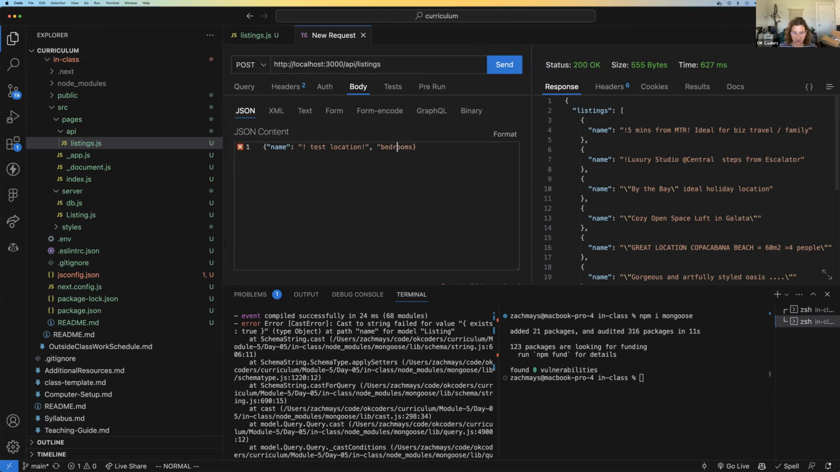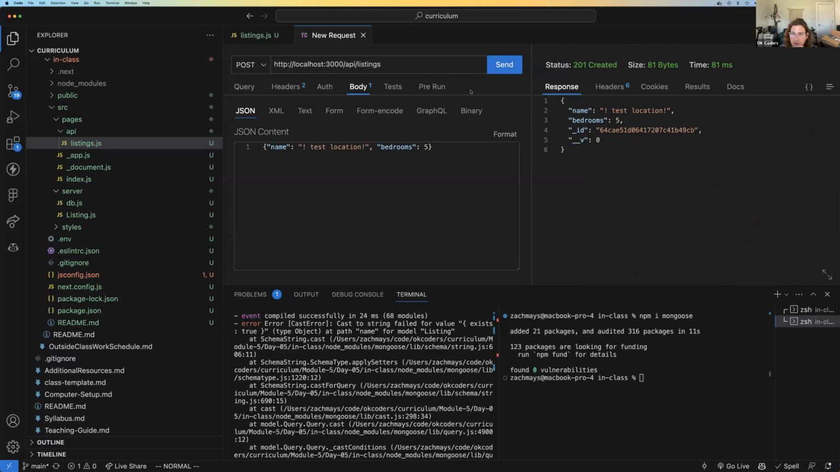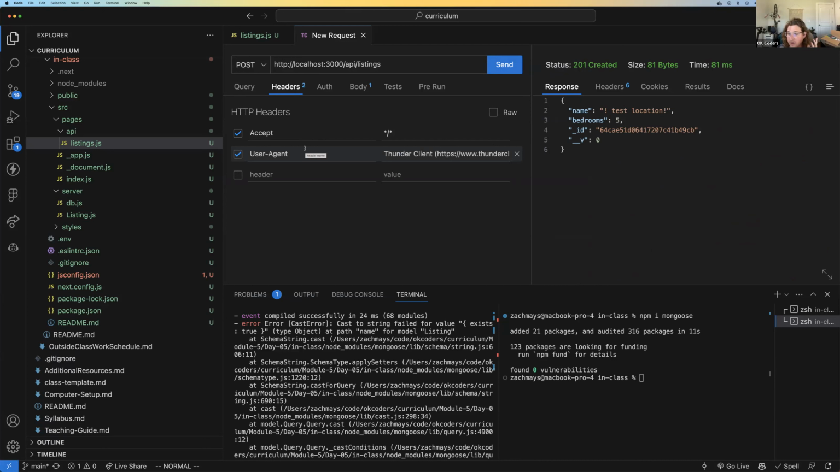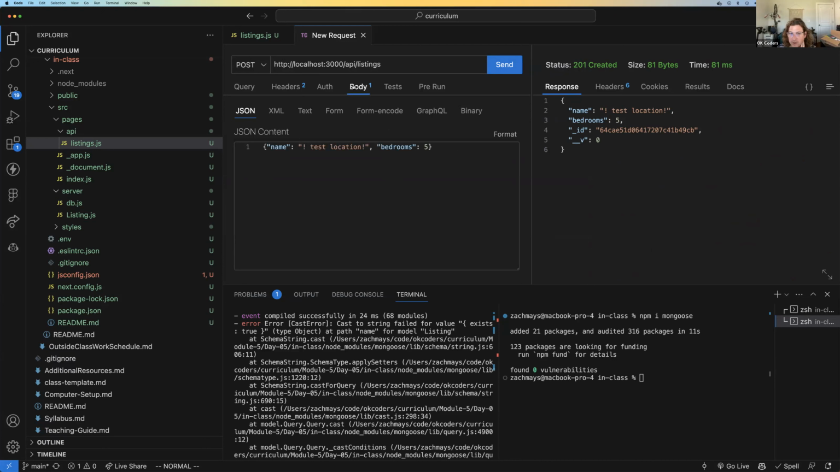Then the second param is bedrooms, and that's a number, so we'd say 5. But we can see what happens if we pass it incorrectly in a minute. Yeah, so this is right. Let's just see what happens real quick. Okay, so it didn't need a header. It just figured it out in this case. I just assumed it would be JSON, I guess. But we can see we got our 201 created